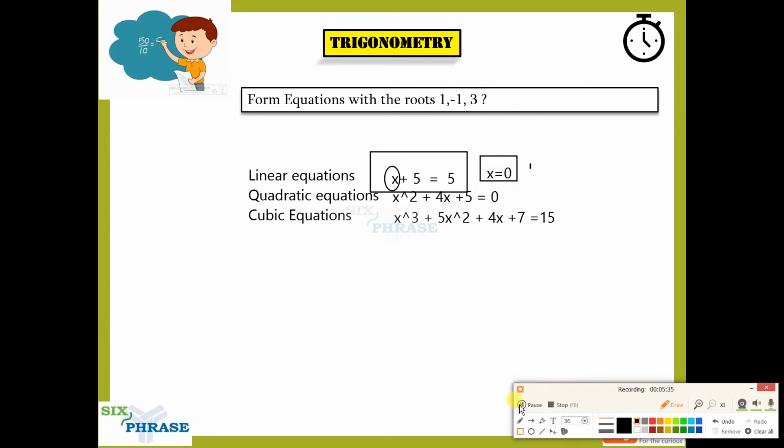This is called, so just make sure that you understand the names, guys. Sometimes people get confused. Roots, or the root, is the root of the equation. Root of the equation is x is equal to 0. Now when it comes to linear equations, you will have only one root. But when it comes to quadratic equations, you will have two roots. Cubic equation, 3 roots. So power 4 will have 4 roots. Power 5, with x power 5, will have 5 roots. It goes on, increasing like this. x power 6 will have 6 roots and so on and so forth.